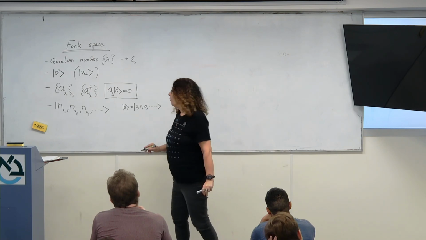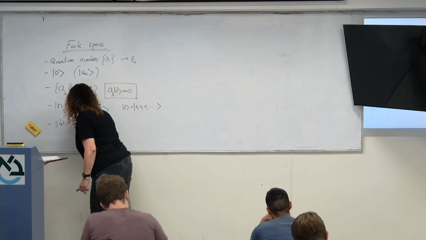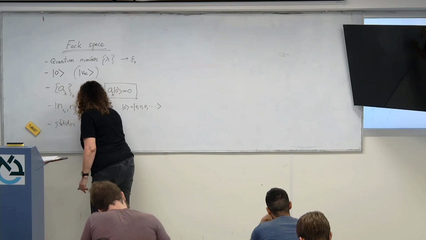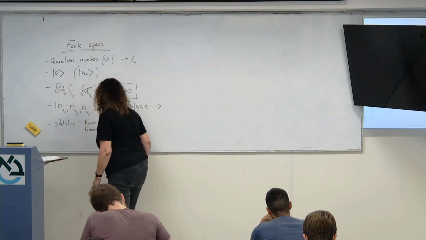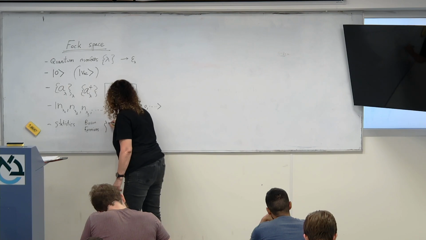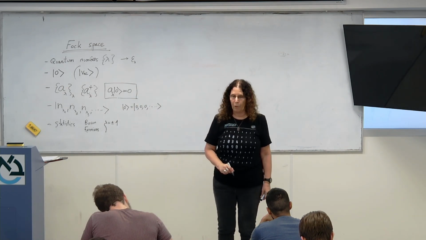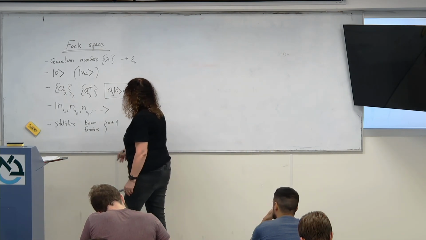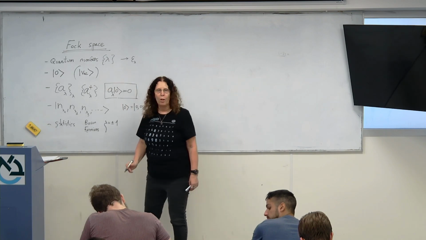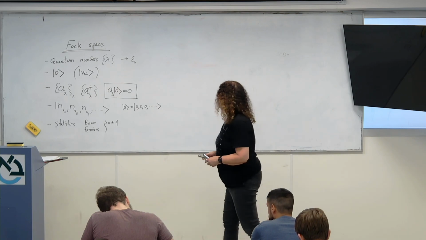With one more piece of information, we need to know the statistics, bosons or fermions, only 2 species to keep track of, and throughout the course we are going to parameterize them with an index zeta, plus for bosons, minus for fermions. Okay, so this is the basis for